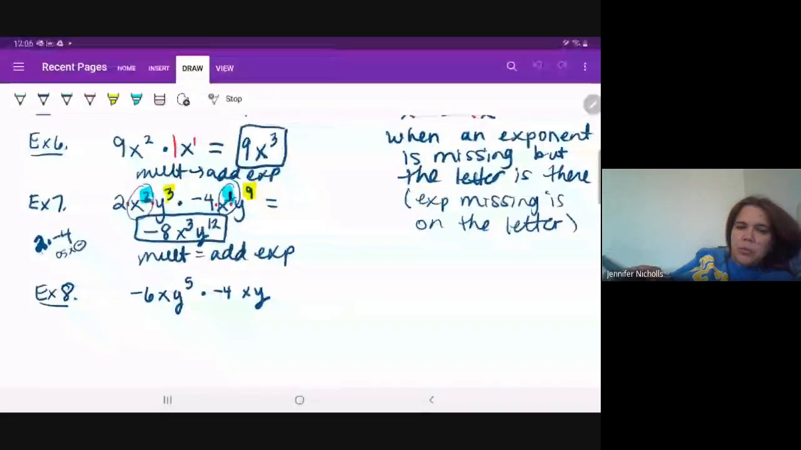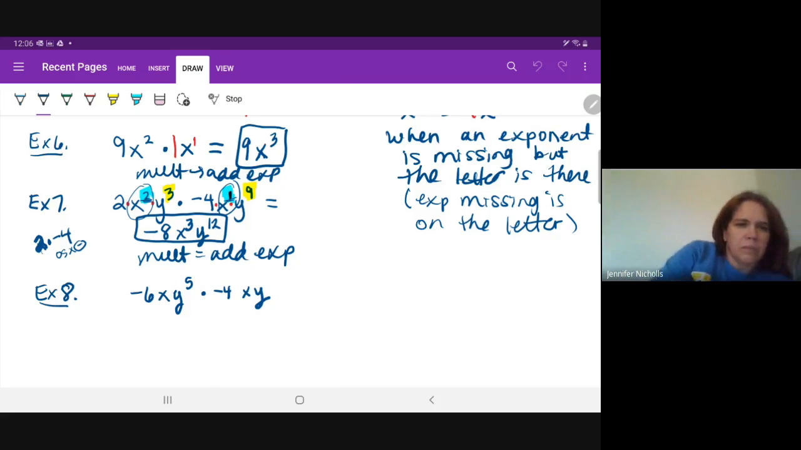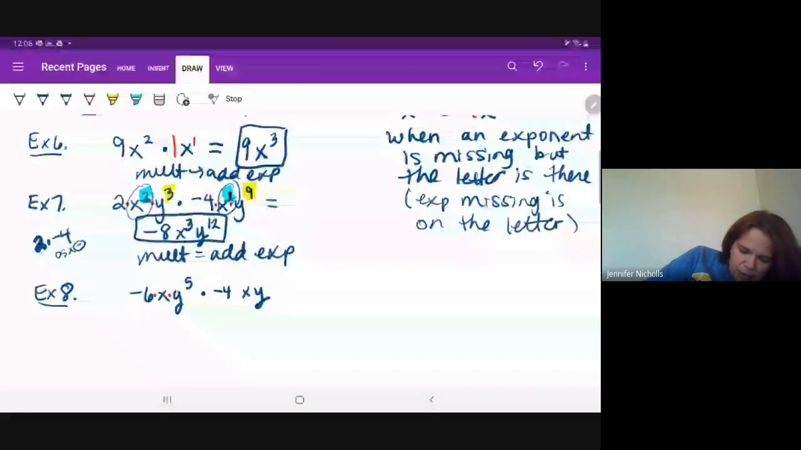So are there any exponents we need to put in red? Yeah, you guys still can't get in. Any missing exponents? So think of it as the 6, the -6 is separate from the x, is separate from the y to the 5th. The -4 is separate from the x, and the x is separate from the y. They're kind of held together by multiplication glue, but they are separate, not in the like terms separate sense, but